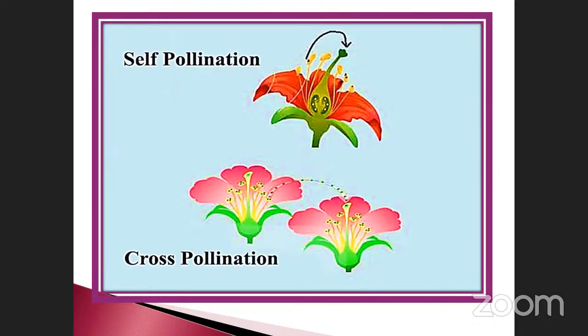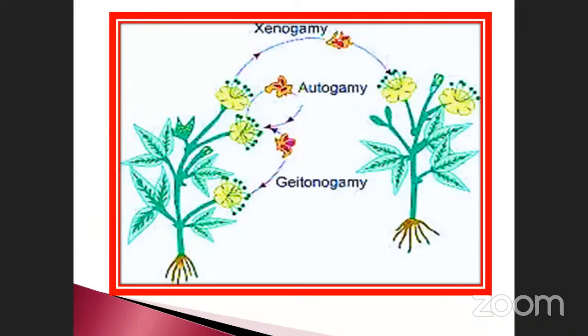Suppose it is another species, that is xenogamy, like that. It is one type of anther, and another type of species, the Malvaceae family and the Solanaceae family. It can cross with anyone, female to male or male to female. So what will happen at that time? You will get a different species, a genetically different plant. See the entire diagram, where all three types of pollination take place in a single plant. See here, autogamy, the same flower, the anther and